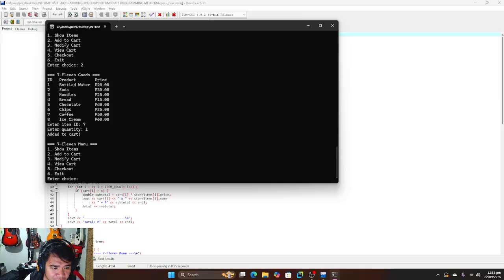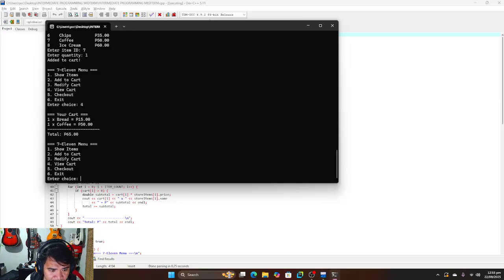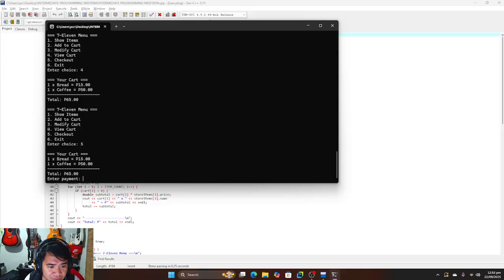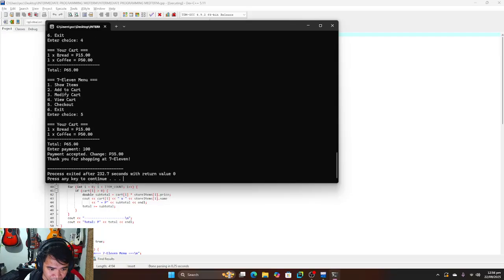And then number 4, view cart again. Okay, the total is 65 pesos, and I click checkout, then payment. If the customer's payment is 100, you have change of 35 pesos, and that's done.